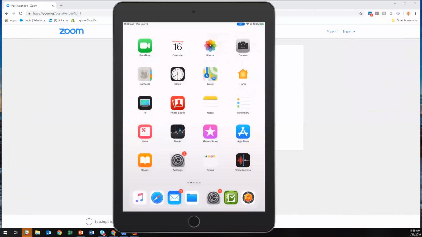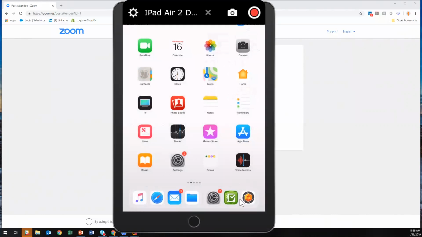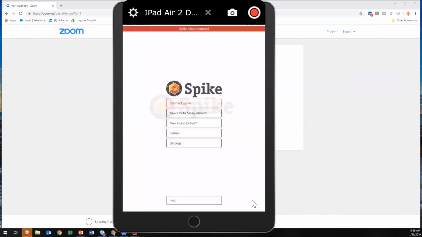And so I have my two apps here. I have Survey123 and I have my Spike app here. Now for this demo, I'm just going to start with the Spike app, just to give you a look and see what that is. So you may see here that it says your Spike is disconnected. So this tells you that your Spike isn't on and isn't Bluetooth connected.